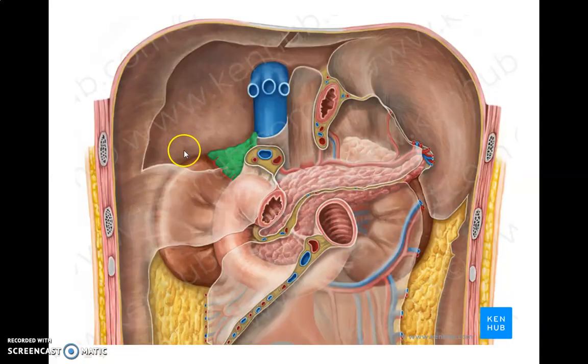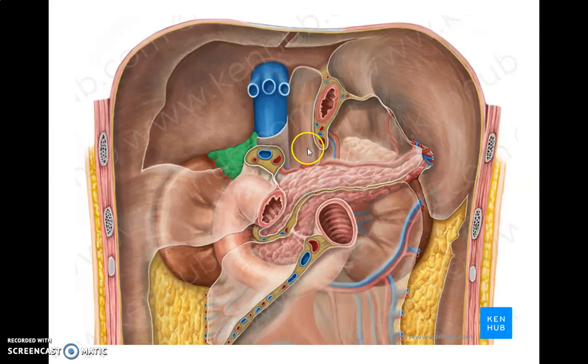See, this is again shown, this green colored is the right suprarenal gland, this is the left suprarenal gland. Right suprarenal gland apex and the anterior surface medial part is related to inferior vena cava, and this cut part of the liver is related to the lateral part of the anterior surface of the right suprarenal gland. Left suprarenal gland, we can see, is separated from the stomach by the peritoneal cavity of the lesser sac, and in lower part related to the tortuous splenic artery, and this is the tail of the pancreas, it is related.